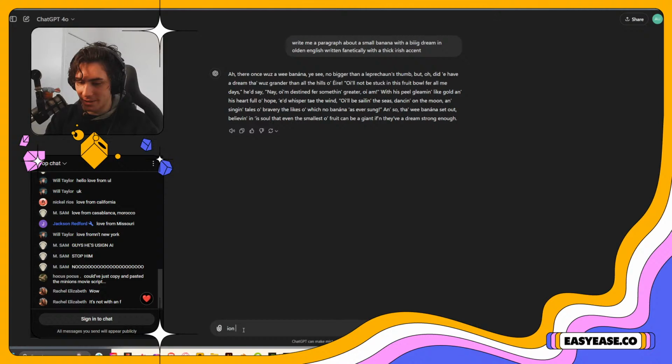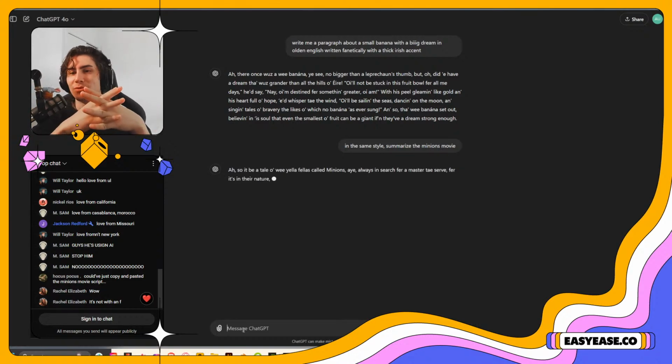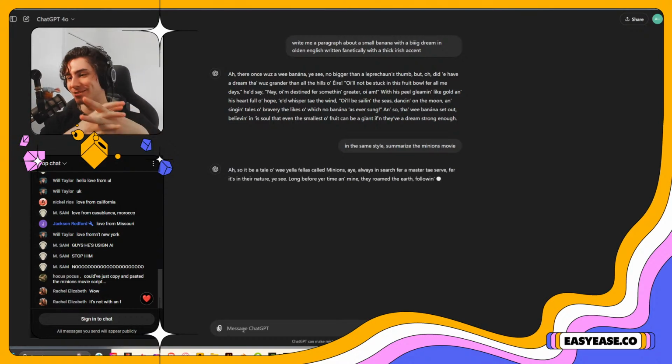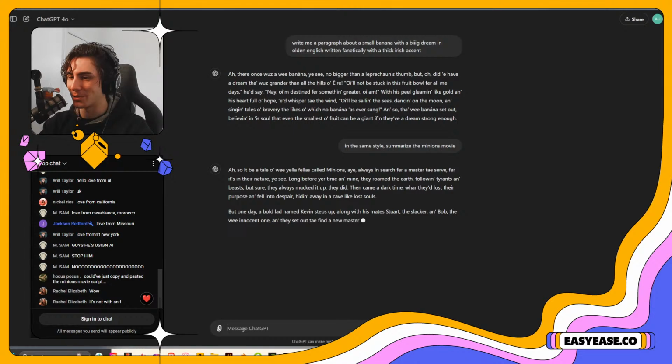Okay. In the same style, summarize the Minions movie. Guys, and this is where beautiful ideas merge. Right here on the canvas of ChatGPT and banana posters.